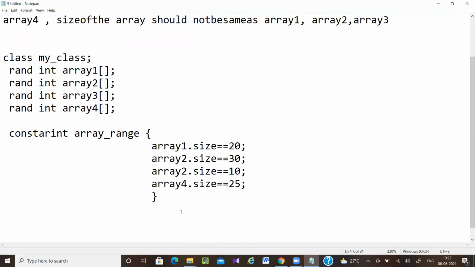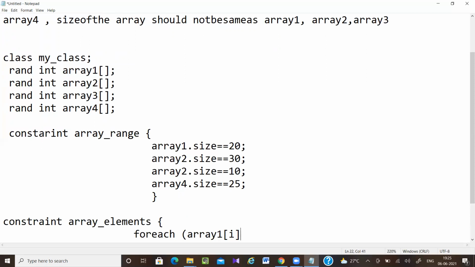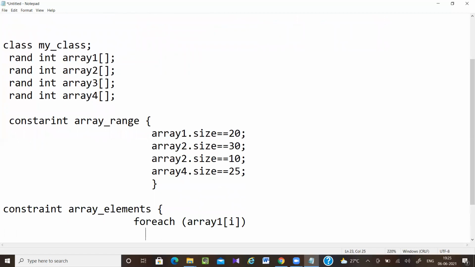So constraint array elements: foreach array 1 of i, array 1 of i should be inside 30 to 40.